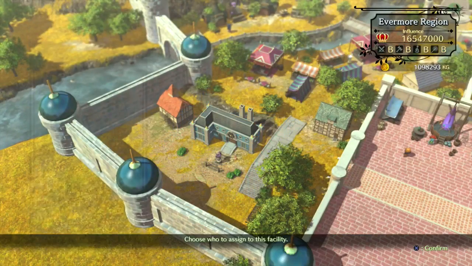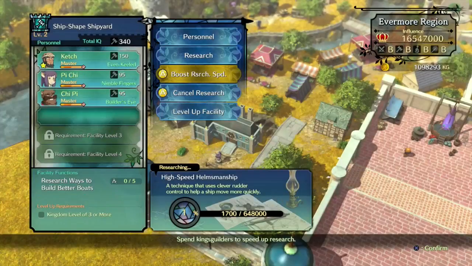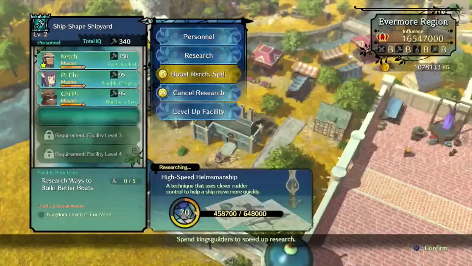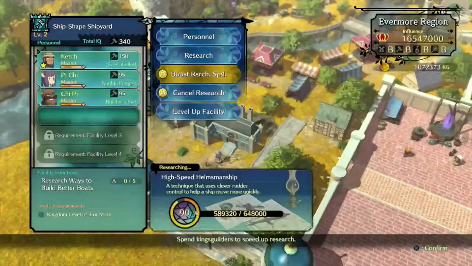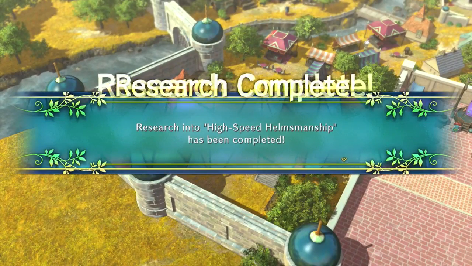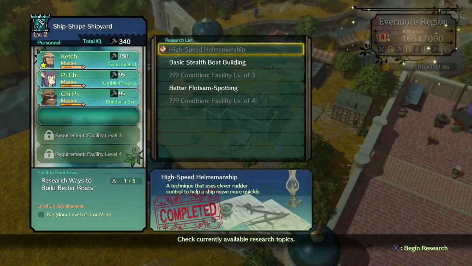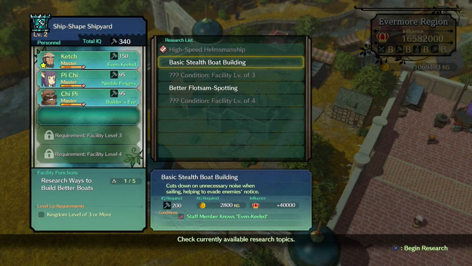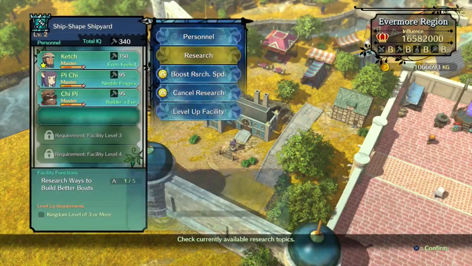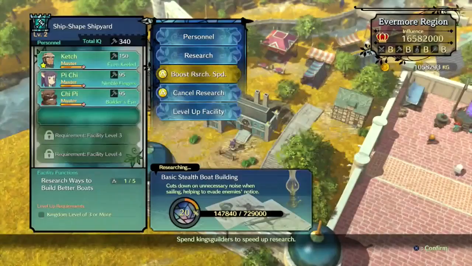And look, I have so much money that I can just do this over and over again. I don't feel bad doing this because look how much money I have. And it's like, oh, research complete. So that was nice. What was that for? The ship moves more quickly. Cool. And this one helps to evade enemies' notice. Okay. Once again, the research for the ship stuff is nice and all, it's not really necessary, but...